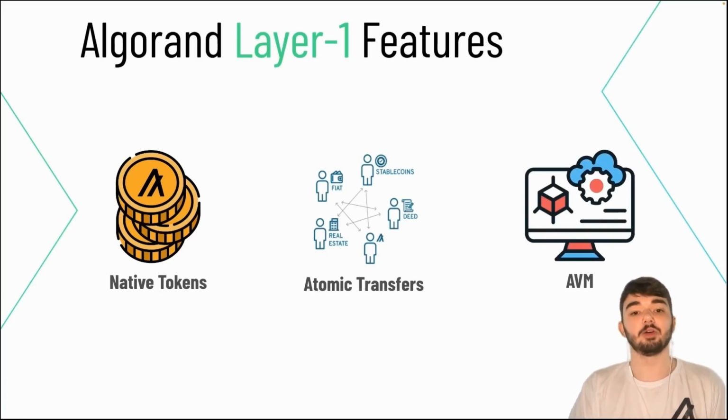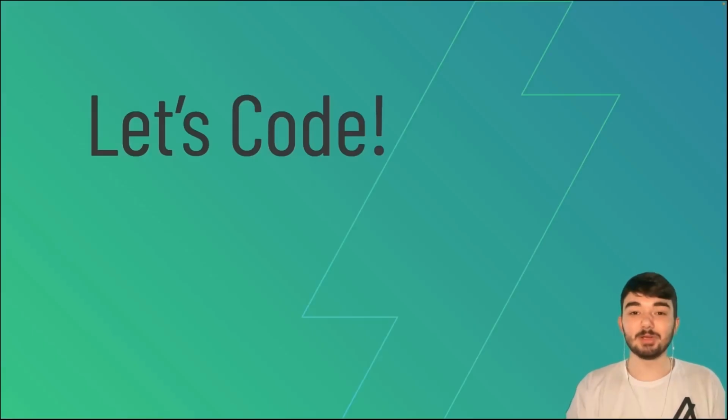And finally, Algorand is powered by the AVM, or the Algorand virtual machine. If you've heard of other blockchains, you've probably heard of the EVM, or the Ethereum virtual machine. A lot of blockchains use the EVM in order to power their smart contract execution, but on Algorand, we decided to improve upon the EVM and make our own virtual machine. This allows for a lot of unique features on Algorand, and importantly, allows Algorand to be super scalable. The AVM is a big reason why we're able to have such quick block times, instant finality, and a really high TPS. And as time goes on, these things are only going to get better because the AVM was designed to scale.